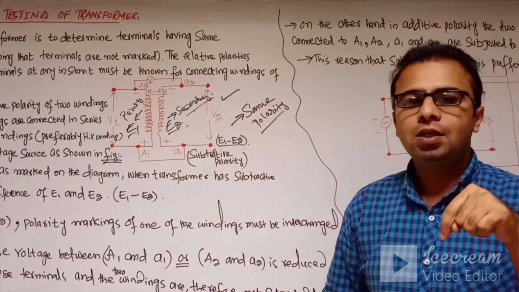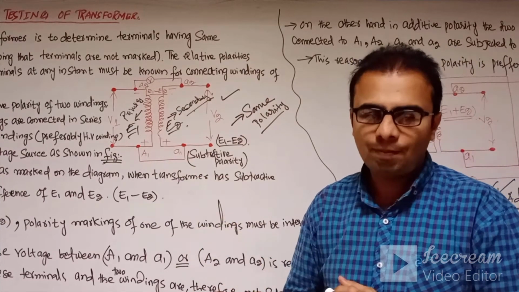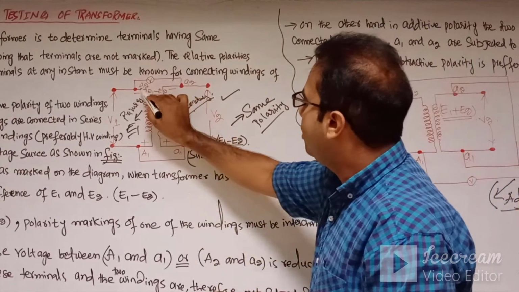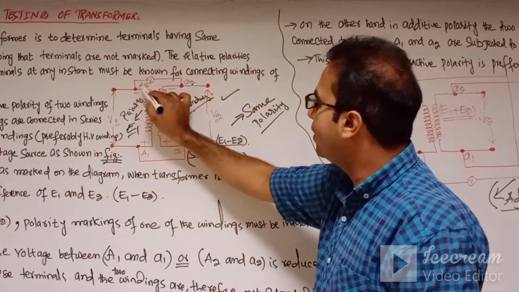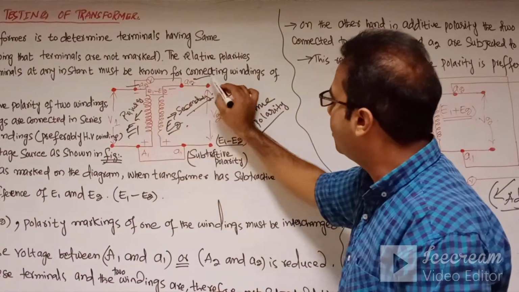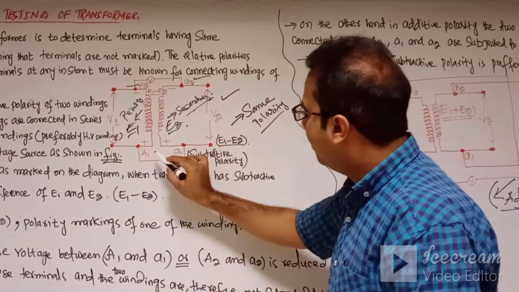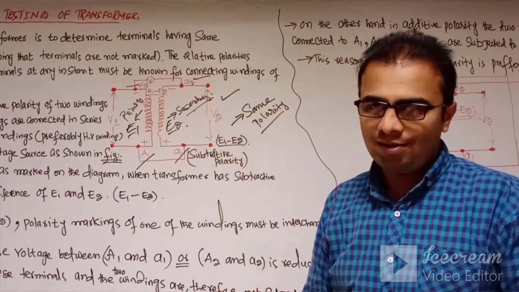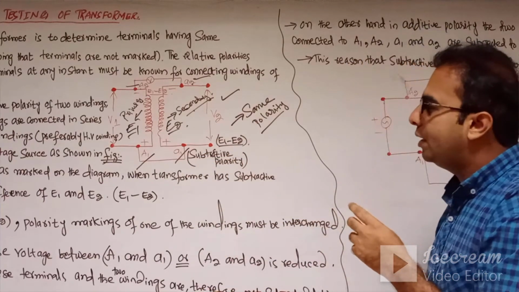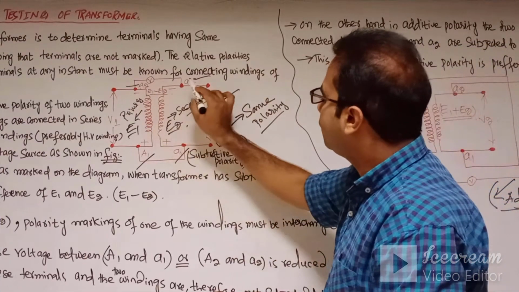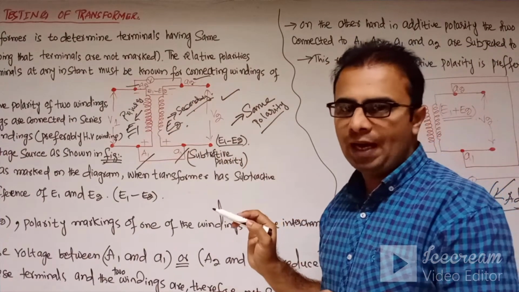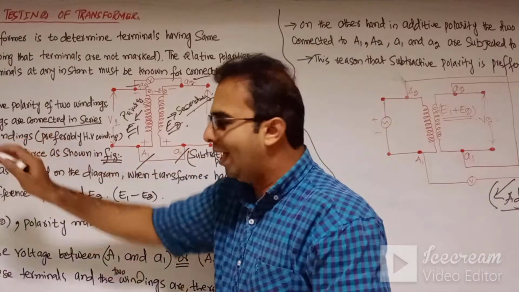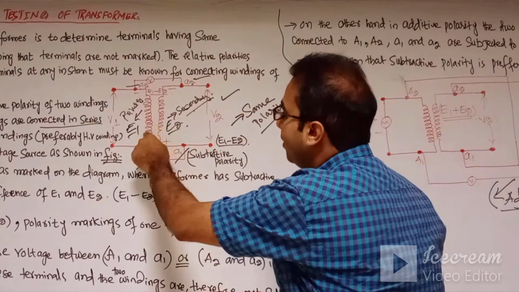How can we justify whether it is the subtractive polarity or the same polarity? We have marked the terminals here as A2 and A2. This A2 shows the primary side A2 terminal, this shows the A2 terminal of the secondary side, this A1 shows the primary side terminal, and this shows the secondary terminal A1. Now we connect A2 and A2 of the primary and secondary windings in series across the voltmeter, while one winding, preferably the high voltage winding,